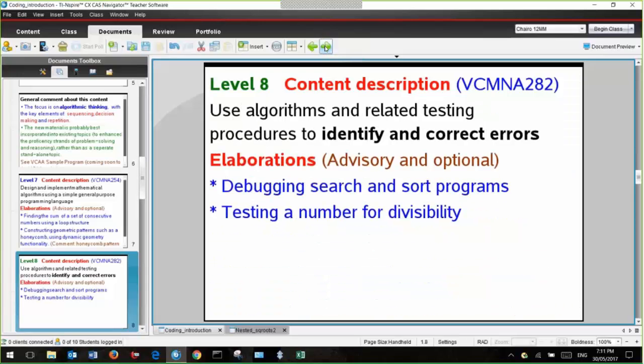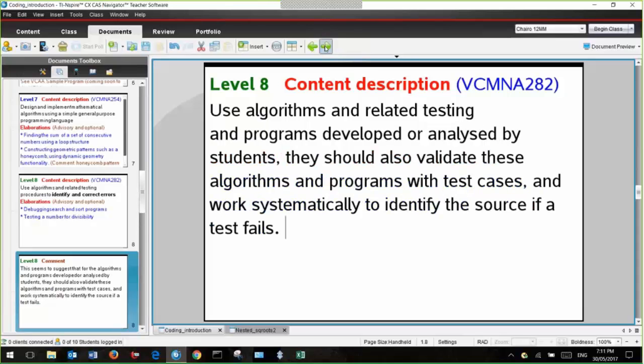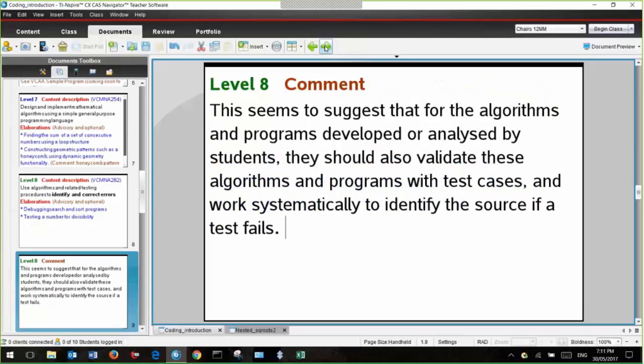Year 8, it's less clear-cut as to what students need to do. The content description is, use algorithms and related testing procedures to identify and correct errors. And the elaborations, debugging search and sort programs and testing a number for divisibility. Now, from that, it looks as though all students are going to be doing is debugging, but I don't think